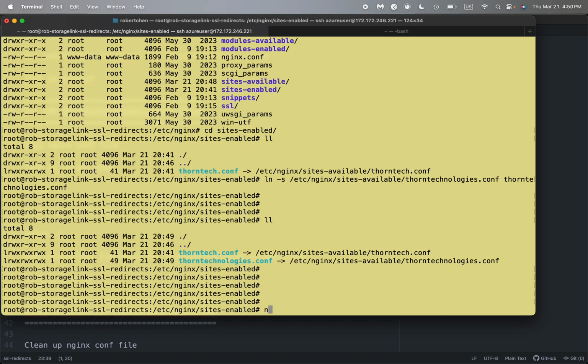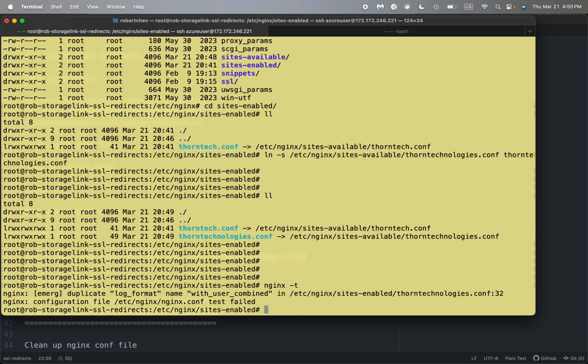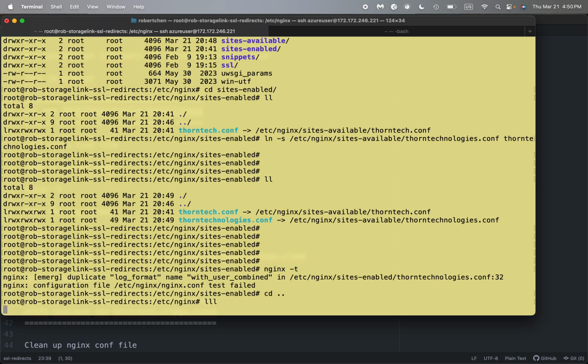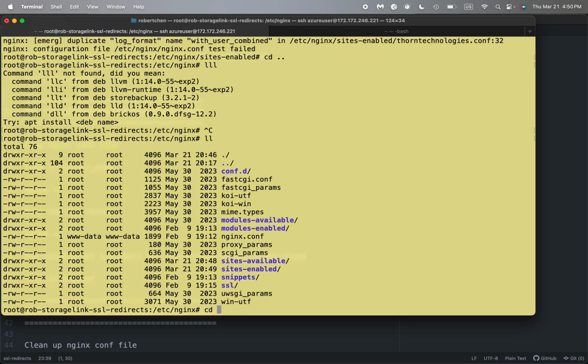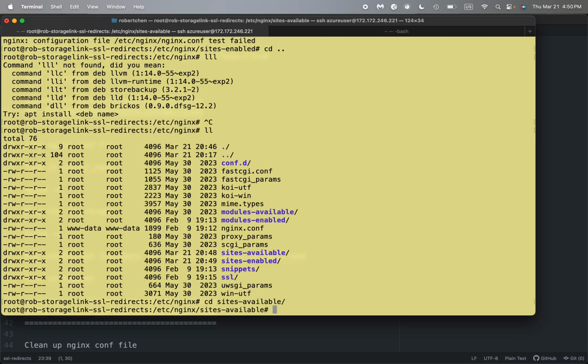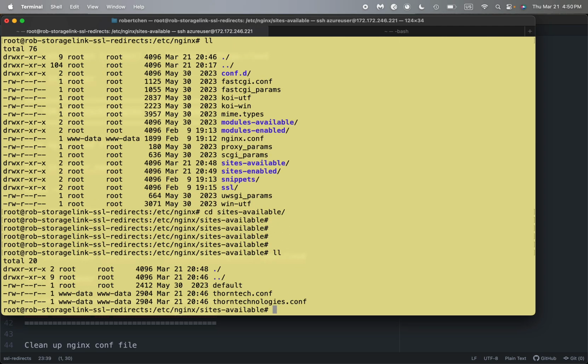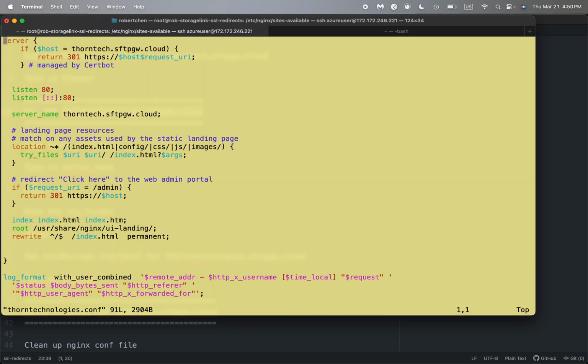So if I run an nginx -t, I expect that we should actually run into a whole bunch of problems. So the first problem is that we have a log format issue, but there's also additional problems. So if I go back into sites-available, so if I edit thorntechnologies.conf,